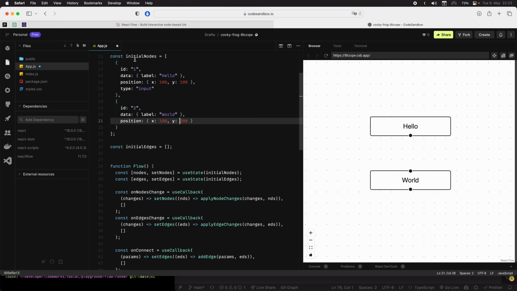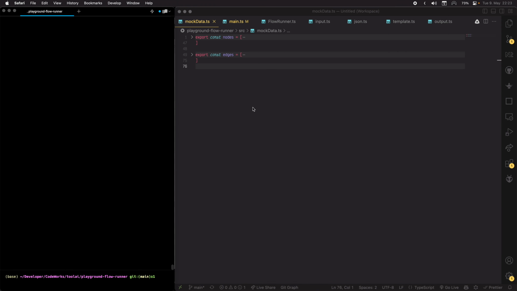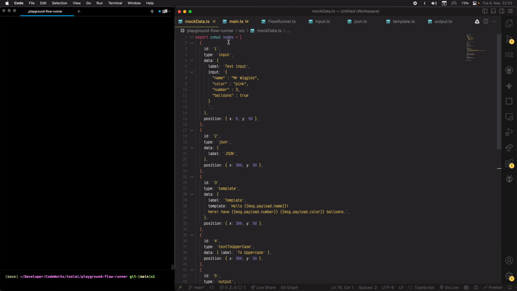The important thing here is that this is React Flow's structure for storing nodes, where the nodes are an array of objects with some built-in properties. So if we jump on over to our little FlowRunner, you can see that in here I've got the same structure, and I've filled that in with some nodes of my own. Here we have an input node which has some text. This may look familiar